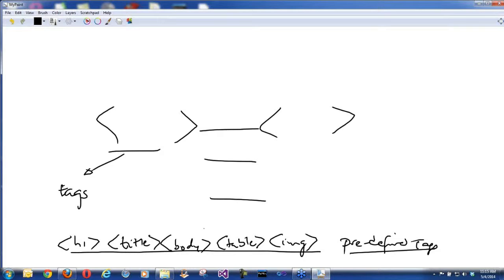In XML, there is no definition like that, that you have to have a particular set or number of tags. In XML, anything can be a tag. Now, that really doesn't sit well when you say that anything can be a tag. So you might want to have a little more explanation of what you mean by that. So let's say in XML, I have some data, and the data is,